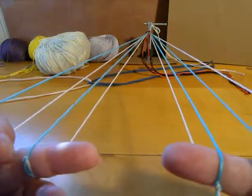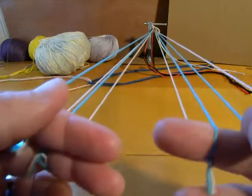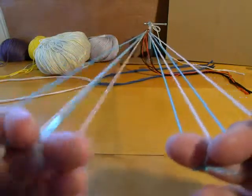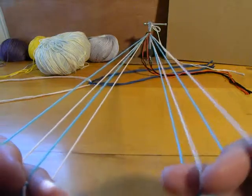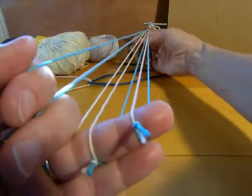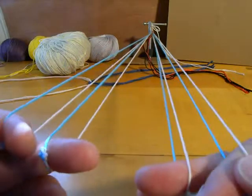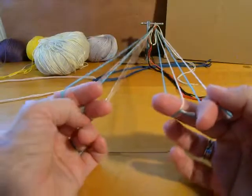braid a 4-loop braid. I think I'll try to do it with the edge pattern. So I'll have the blue shanks up on the left end and the pink shanks up on the right end. This really doesn't matter. I just figure I'll do it that way. I'll pull the orange and black loops out of the way. So now to make a 4-loop braid, I'm just going to do a short length of it. To make a 4-loop square braid,